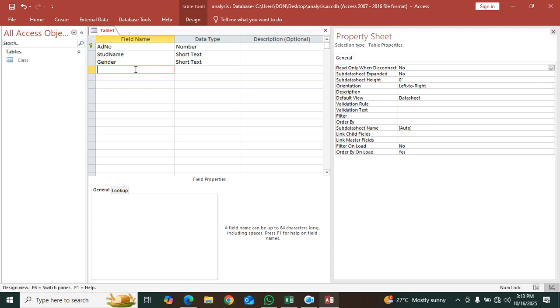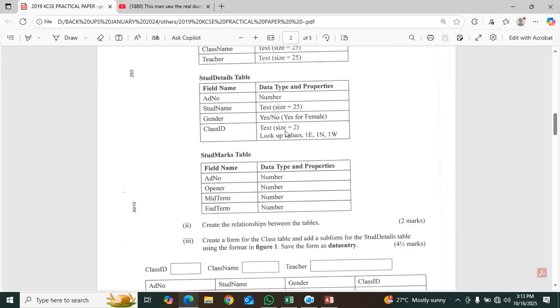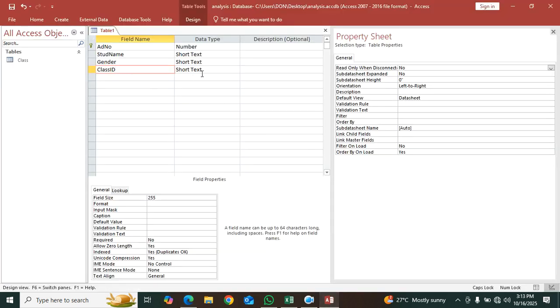Then the next one here, we have the class ID. Now the class ID is text, size 2, with lookup values as given: 1 east, northwest. So here I have to go to the student ID. Now for the student ID here, we have been told it is size 2. This is size 2. And for that case, lookup wizard,